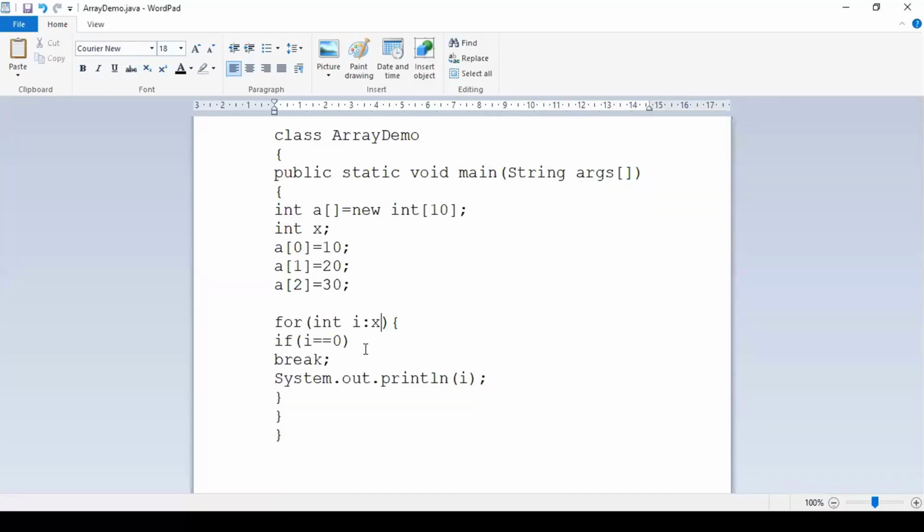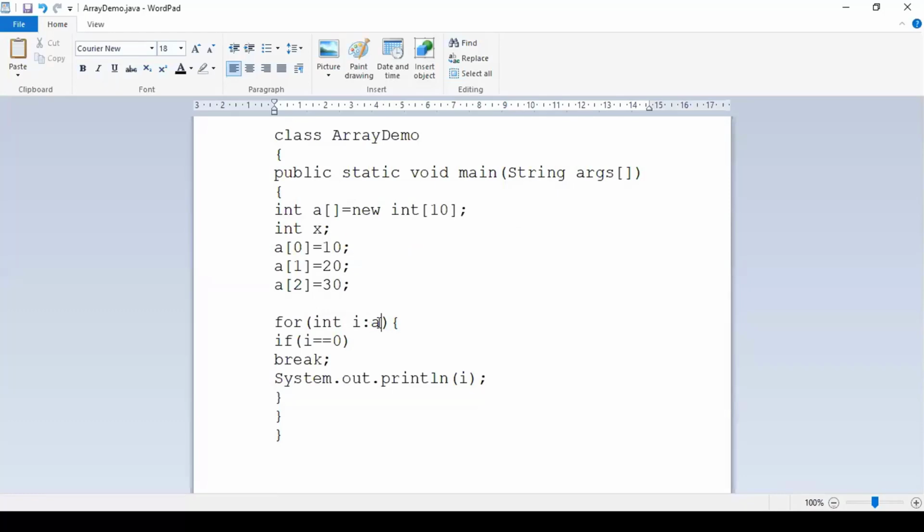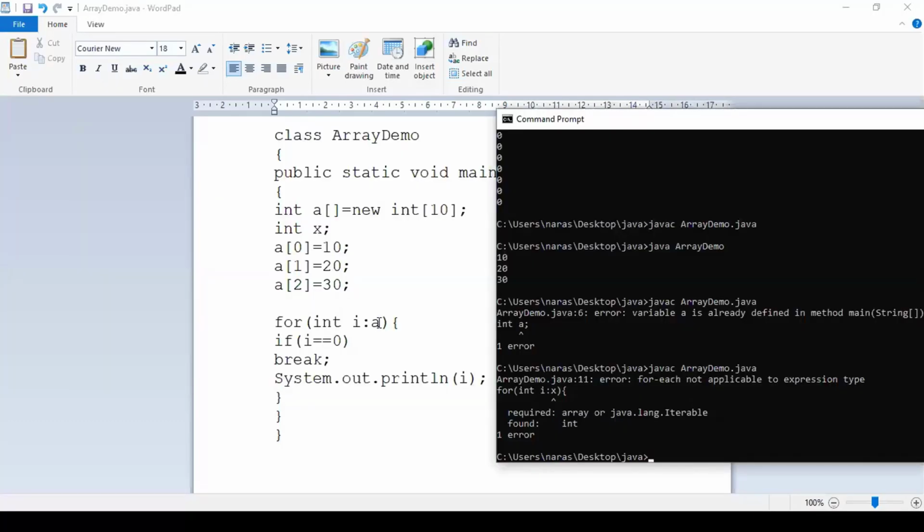So what it will do is, whatever name you specify here, it will cross-check whether you have passed a collection or not. If you have passed the collection, then it will work accordingly. If you have not passed the collection, then it will show you an error saying that an expression cannot be put at this particular point, or whatever is the suitable error message with respect to that.